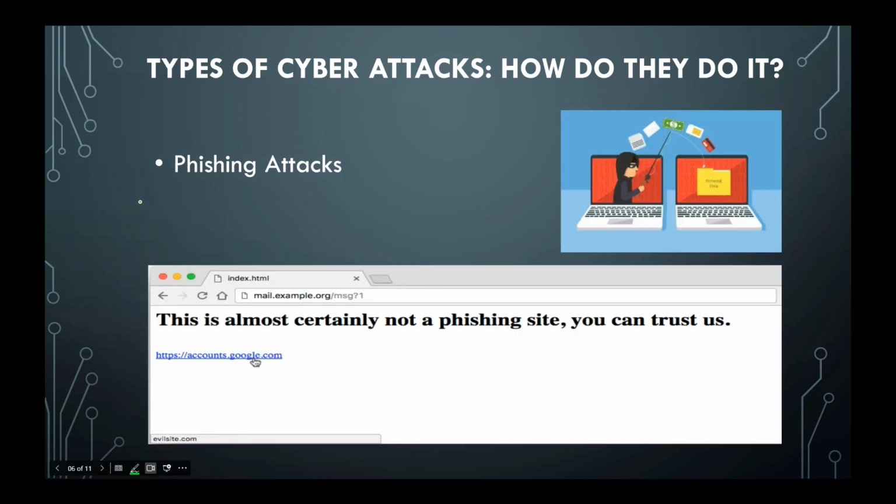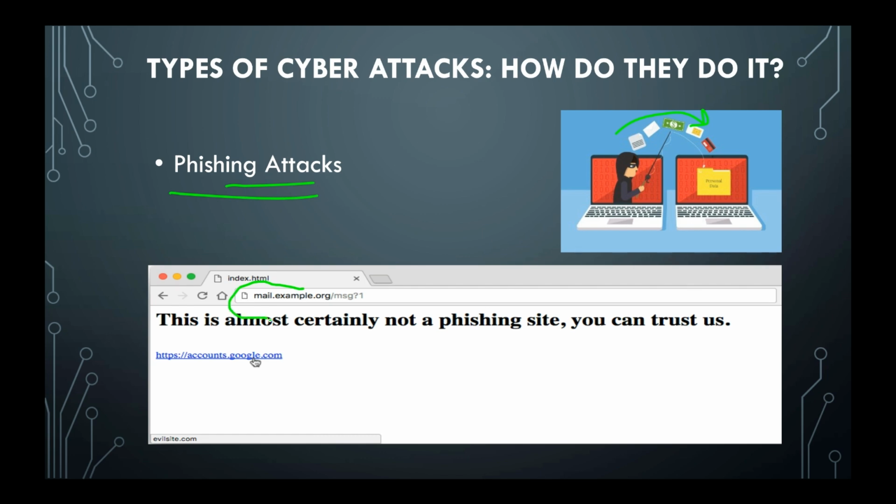Number one, the phishing attack. The classic attack: attackers send an email or message that looks legit, like from your bank, your boss, or even a government agency, but it is all fake. The goal is to trick you into handing over logins, credit card details, or other sensitive information. So here you can see an example. And here is another example.